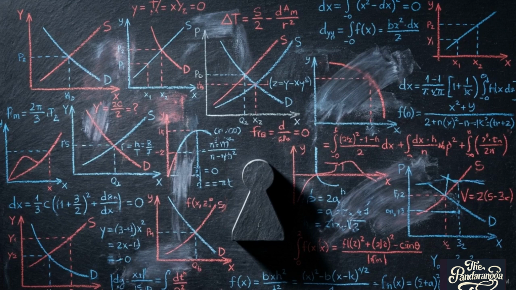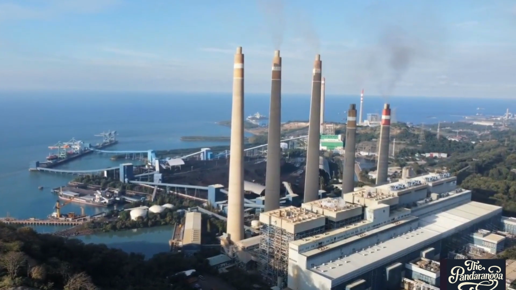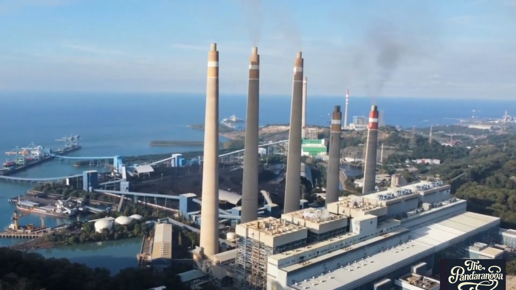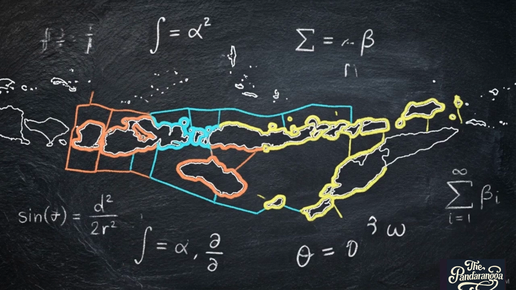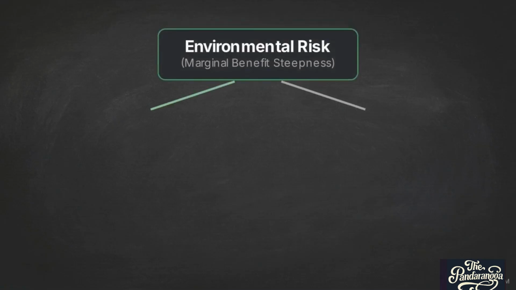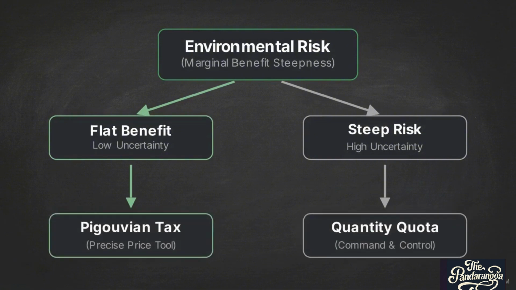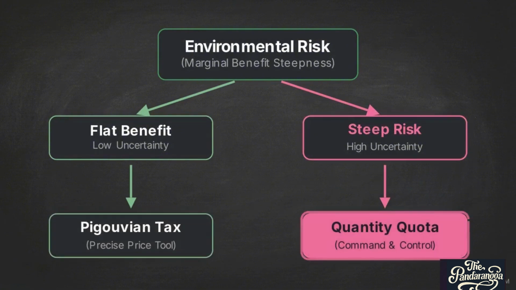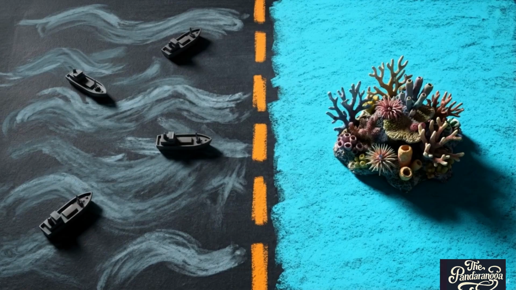While Pigouvian taxes internalize costs perfectly in theory, they require perfect information that governments rarely have. Pigouvian theory applies most clearly to centralized, high-emission industries like power generation. But the blunt reality of Indonesian governance, combined with steep ecological consequences in vulnerable regions like NTT, often demands a different approach. Economics provides precise tools, but the choice between them is a strict calculation based on the steepness of the environmental risk. Mechanisms like AMDAL or fishing quotas are necessary mathematical guardrails. They ensure the market does not cross an irreversible threshold.